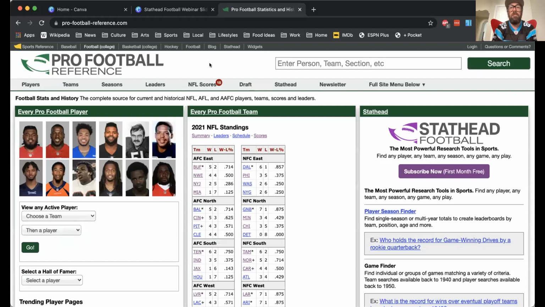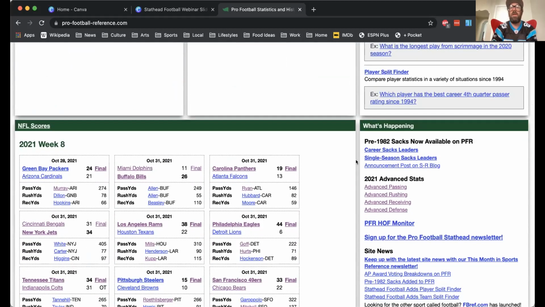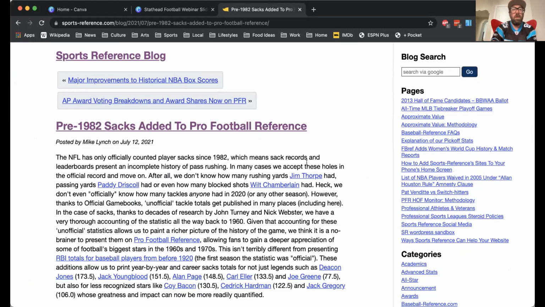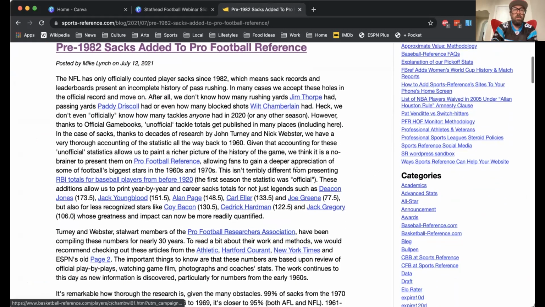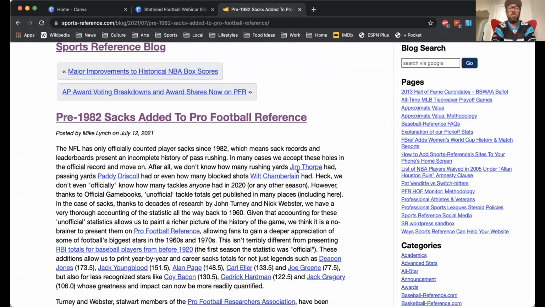So I'm going to bounce around and show some interesting stuff that I like to use on the website. I'm going to start with some of our newer updates. The first thing I want to mention is, if you didn't see it during the offseason, thanks to two researchers, and I'm going to go to the blog post about this. Thanks to the hard work of a pair of researchers, John Turney and Nick Webster, we updated our sack data